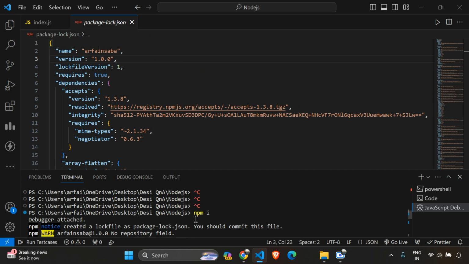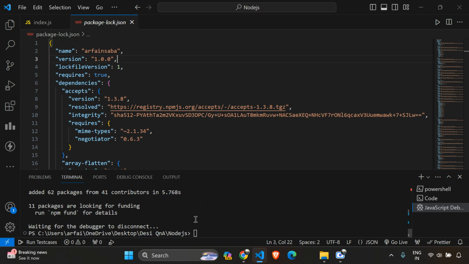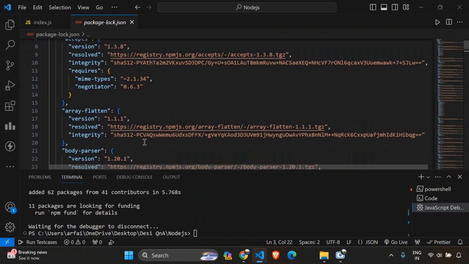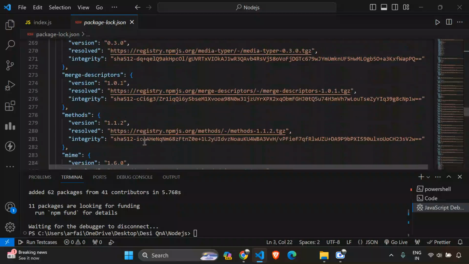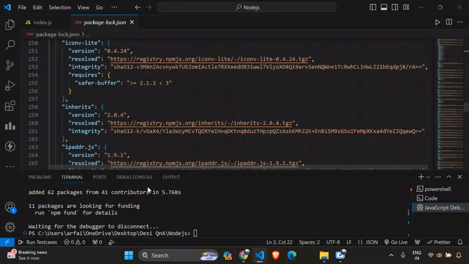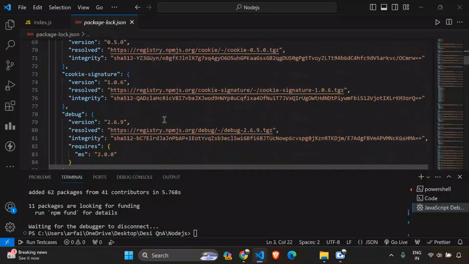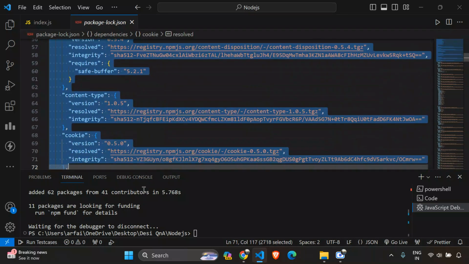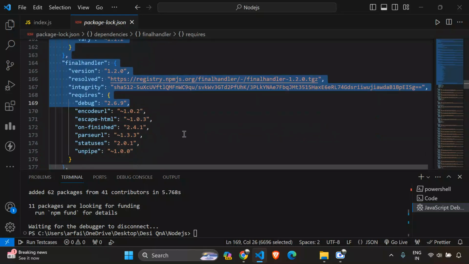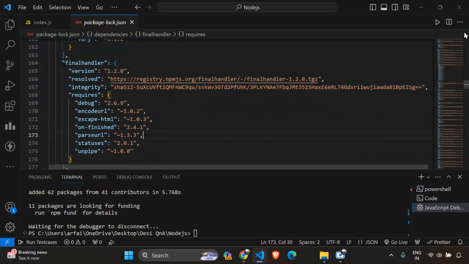Yeah, here you can see our Express has been installed. Now in our package-lock.json, you can see earlier I didn't have this much code. I only had the name, probably the version, and how many packages we have. I only had these three lines of code, but now it has grown from this to this much code. That is a huge amount, and only for Express it has been added.